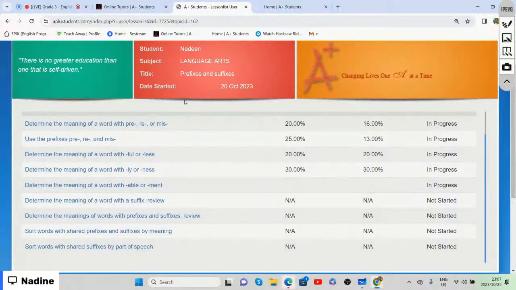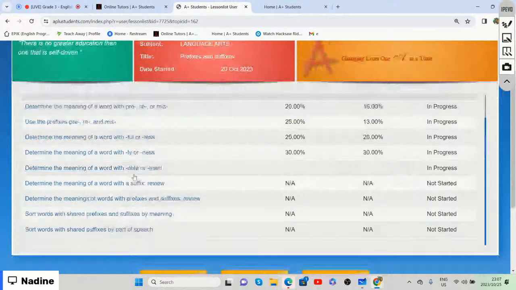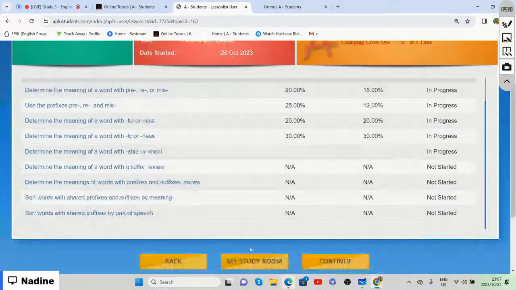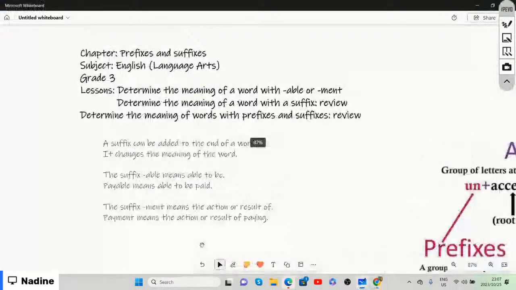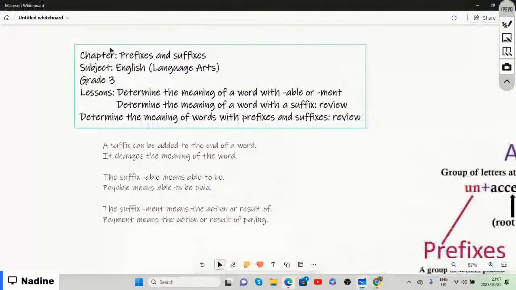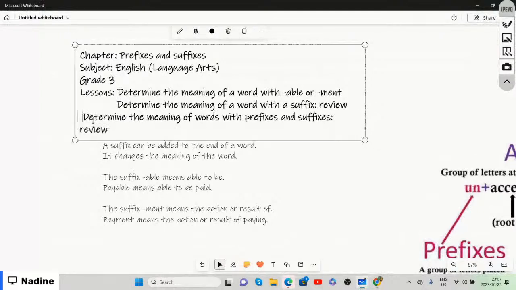So we are doing the chapter of prefixes and suffixes. The subject is English Language Arts, grade 3, and the lessons that we are focusing on are